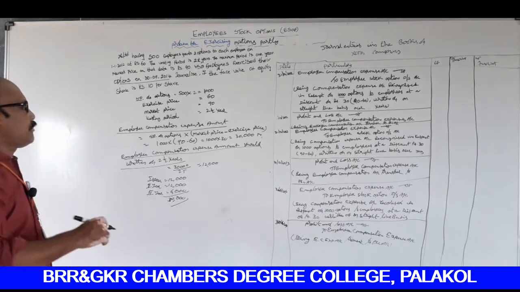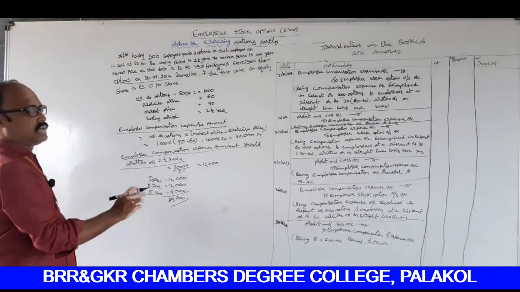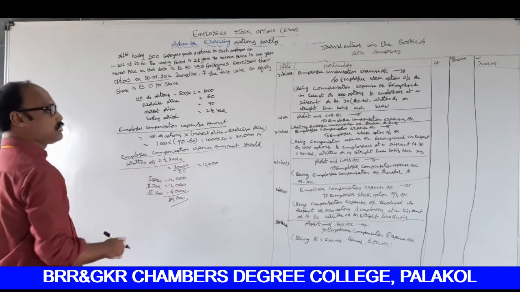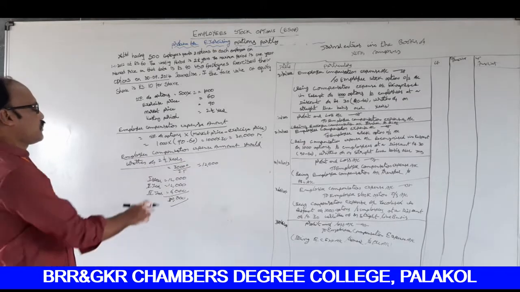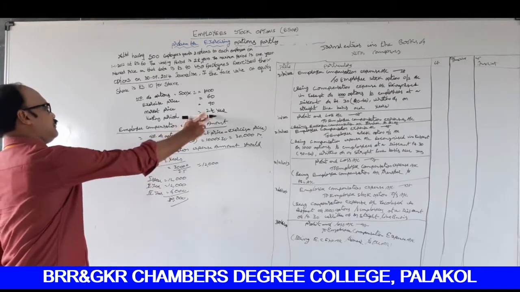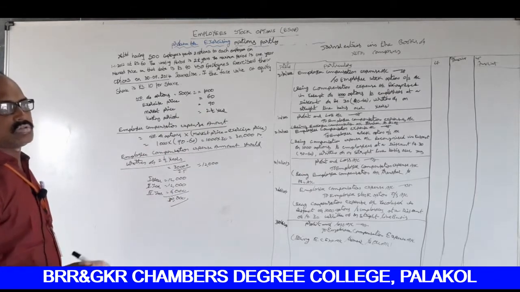Okay, the employee compensation expense account should be written off over 2.5 years. That is equal to 30,000 divided by 2.5, which is 12,000. Total amount written off yearly is 12,000. So first year 12,000, second year 12,000, and third year only half the year, that's why 2.5 years, that's why 6,000. Total 30,000.